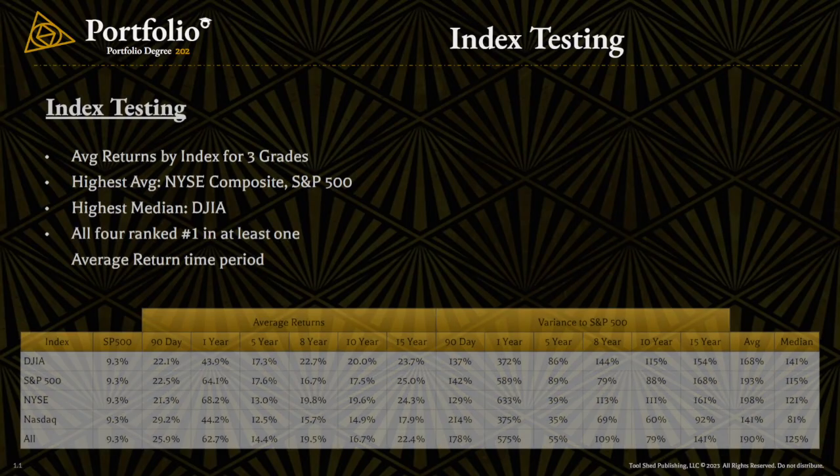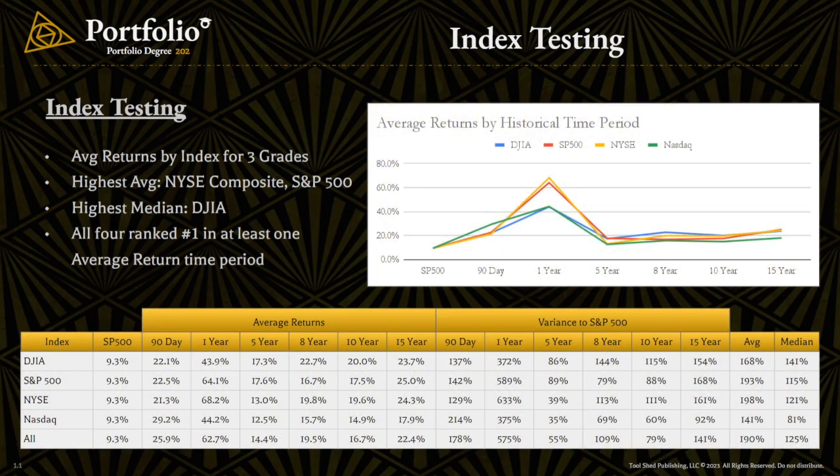Now here is how the indexes performed, and as you can see, for the most part, they're all grouped very closely together. For each of them, they did have the highest return for at least one of the time periods that we tested. We didn't necessarily find anything that really jumped out to us, like the Dow Jones is the highest for year 8, however, it's the lowest for year 1. So really depending on your strategy and what you're looking at, it's possible you'd want to leverage a different index,